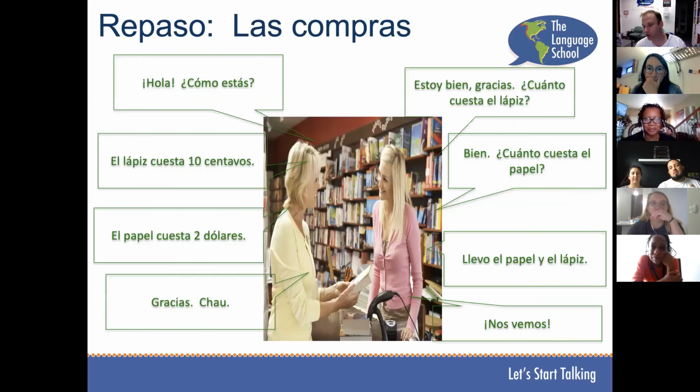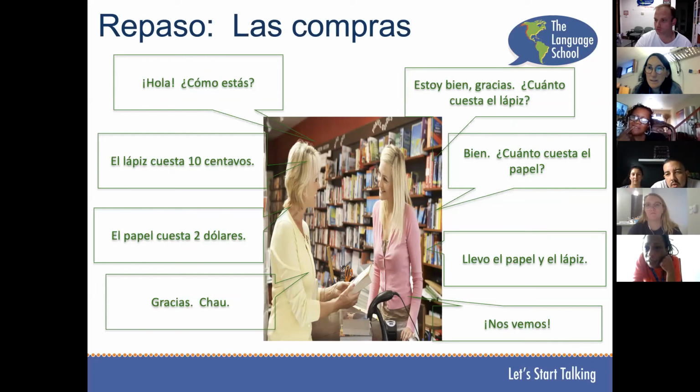So let's see here. I need 2 volunteers. All right, Emily. And who's my number 2? I'll go. Emily and Kia. Okay, so Emily, you be the person on the left, and Kia, you're on the right. Hola, ¿cómo estás? Estoy bien, gracias.